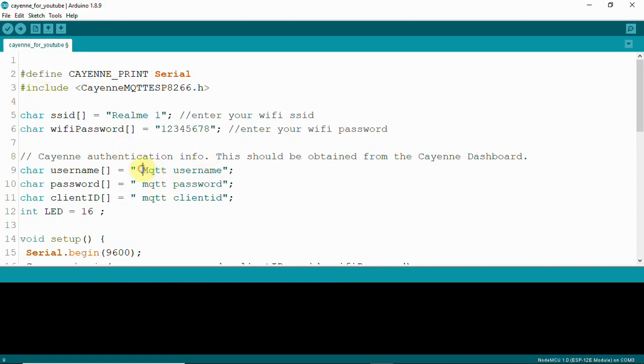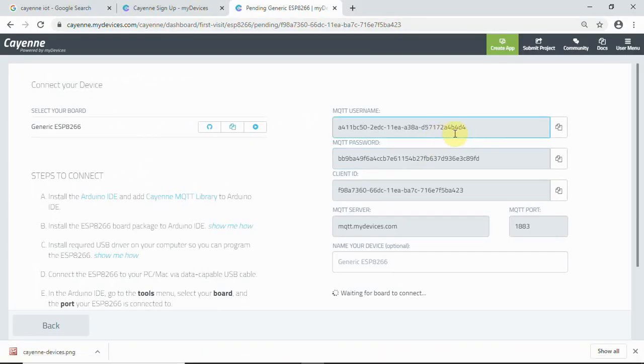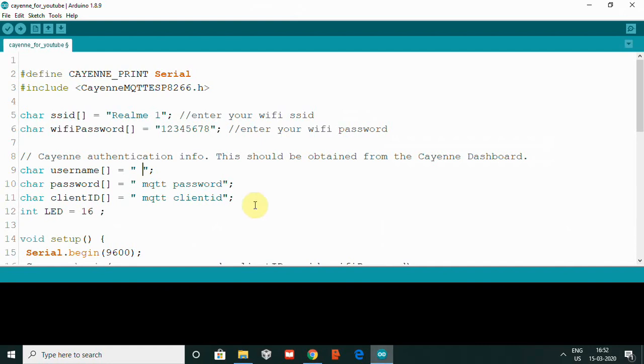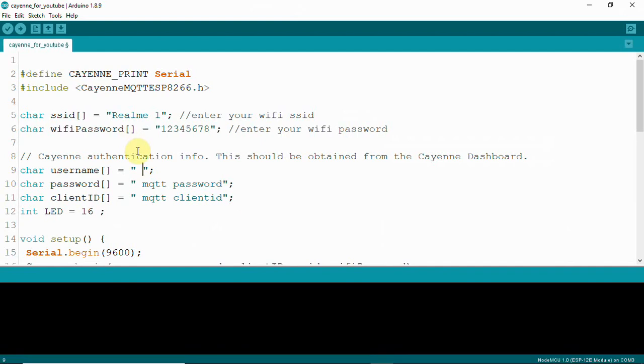Here we have to enter the MQTT username, your MQTT password and the client ID, which we discussed. So I'm going to copy that MQTT username from here and then paste it.